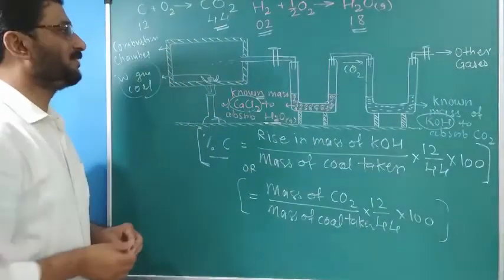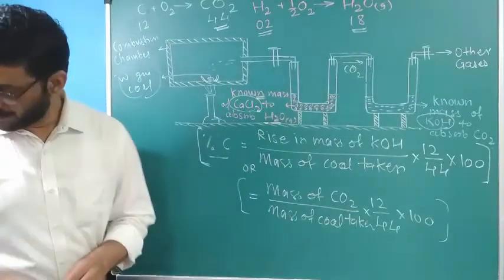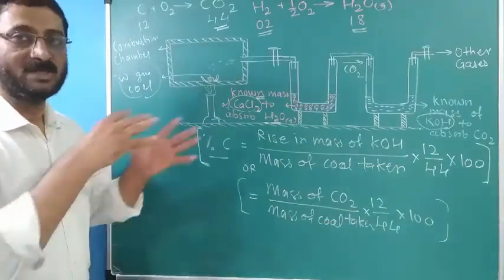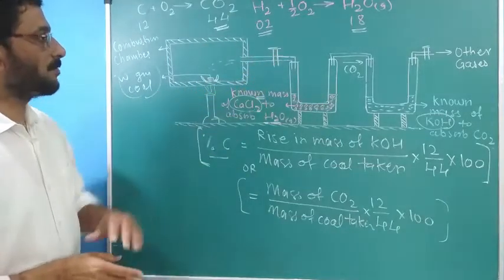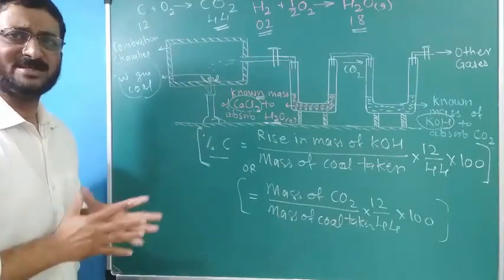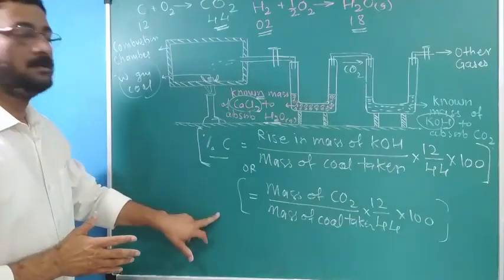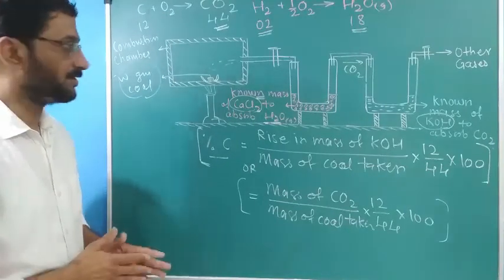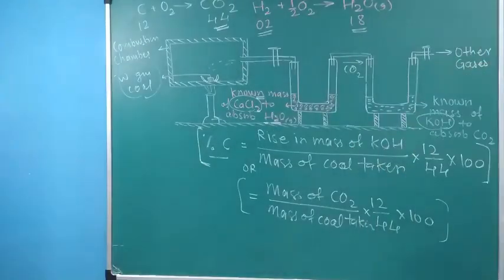Okay. So this is one simple short note. So this much content you have to write as a short note. What is the basic idea? Rough diagram of the plants, 2 reactions, meaning of the reactions, 5 lines explanation, and how we get the equation or formulas to find percentage of